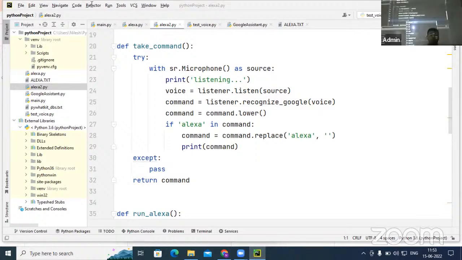Okay everyone, so right now what we have to do, we have to find कि क्या इस कमांड में अलेक्सा है या नहीं। आप ऐसे भी बोल सकते हो अलेक्सा व्हाट इज टाइम, अलेक्सा प्ले म्यूजिक, अलेक्सा सर्च दिस। कुछ लोग डायरेक्टली बोलते हैं व्हाट इज टाइम, तो यदि अलेक्सा के साथ बोल रहे हैं तो अलेक्सा को हमें कमांड के रूप में नहीं लेना है, अलेक्सा हट जाएगा। जैसे हमने बोला रोहित कम हियर, तो कमांड था कम हियर। रोहित तो नहीं था, तो उस पार्ट को हटाएंगे।